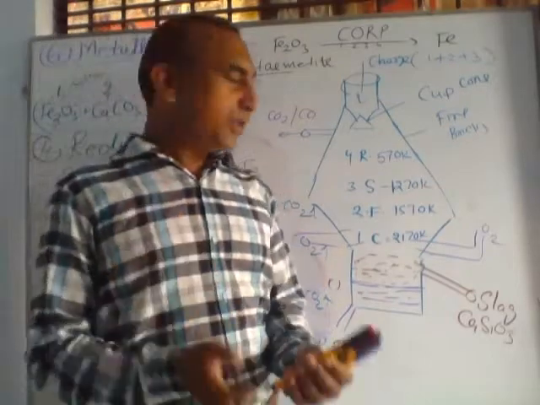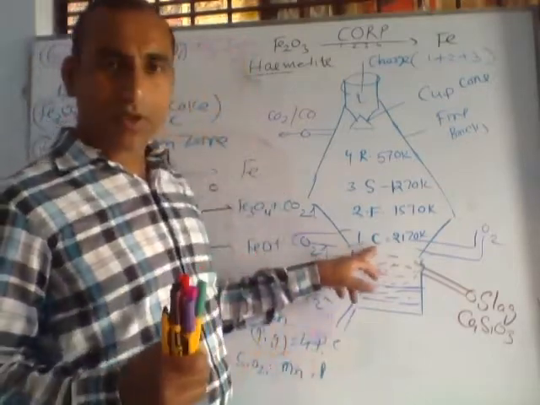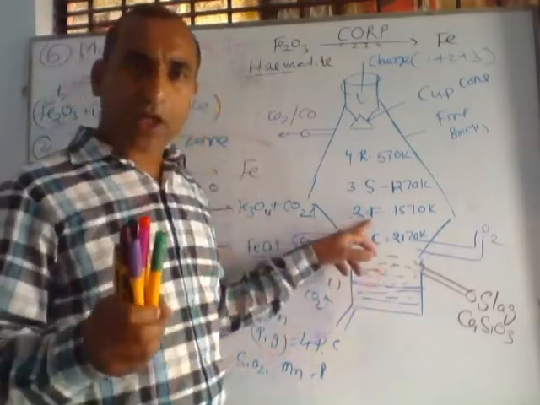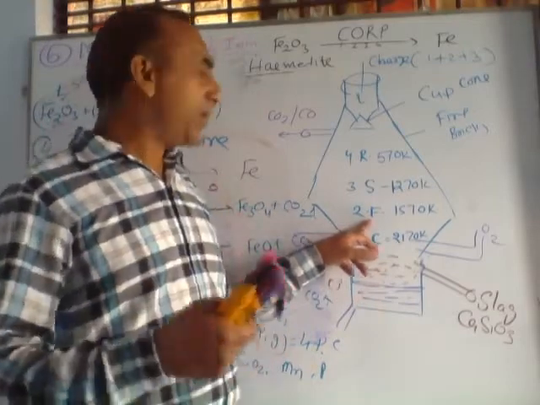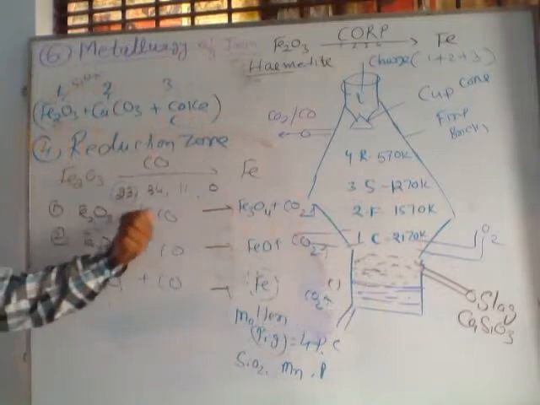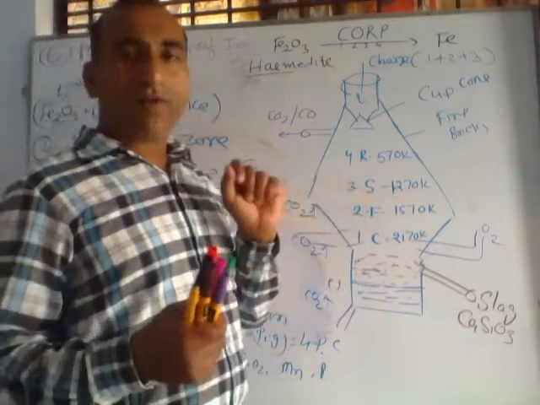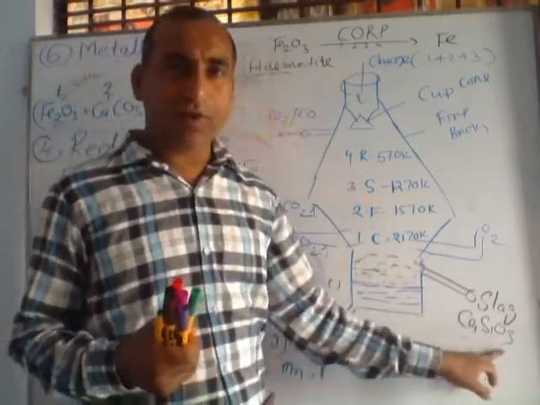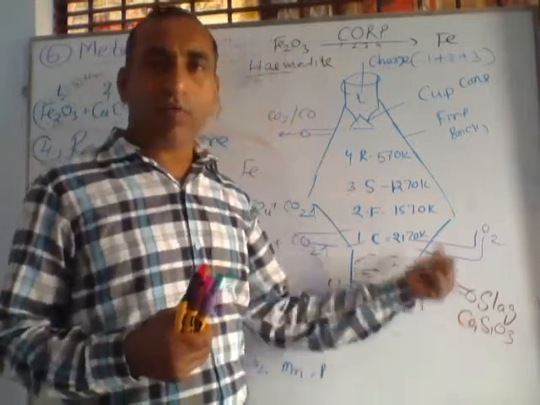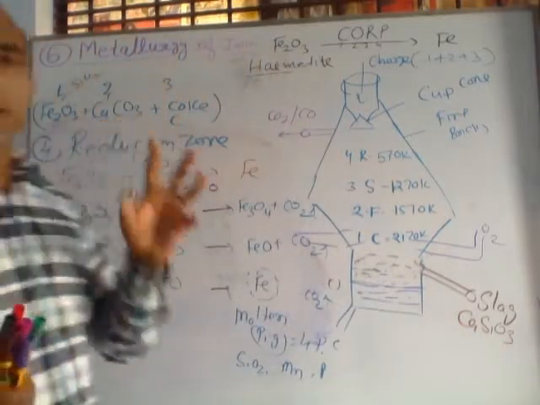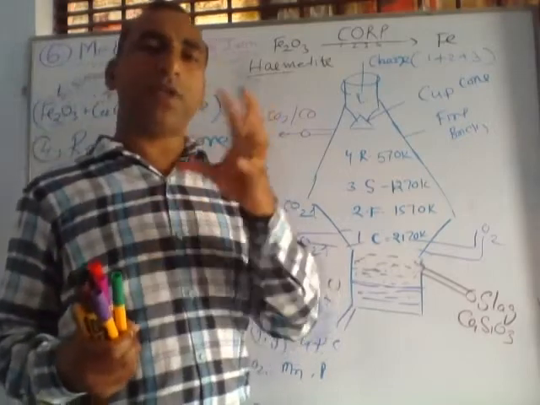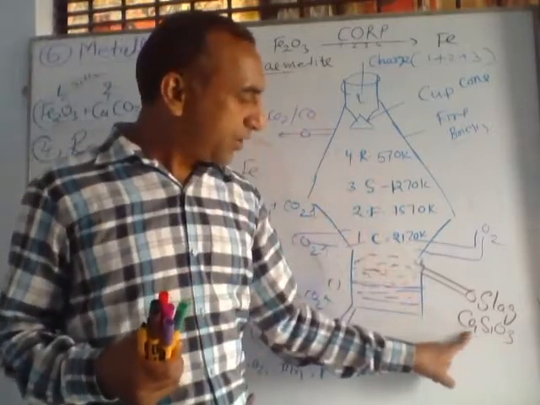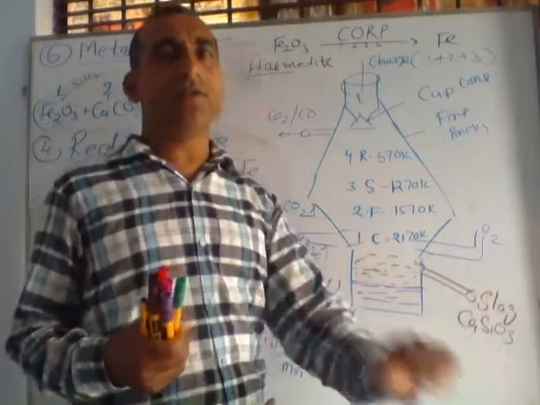So quickly we are revising. For number 1, combustion. In the combustion zone, carbon reacts with oxygen to form carbon dioxide. Second, fusion. Carbon dioxide again fuses with carbon and forms carbon monoxide. This carbon monoxide is used here. Third, slag formation. The most important point, slag formation. So slag is calcium silicate. From where is it formed? Calcium oxide obtained from limestone, and silica, the main impurity, the main gangue particles present in ore. This is called silica, and silica reacts with calcium oxide to give CaSiO3. This is called calcium silicate, as a slag.